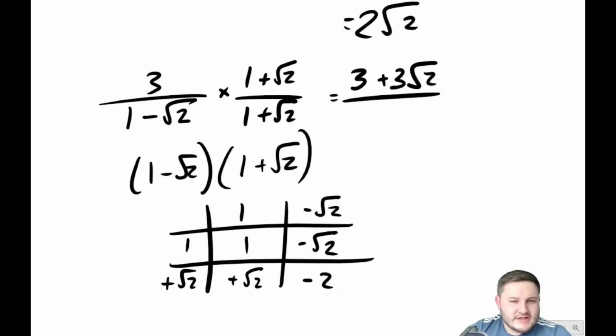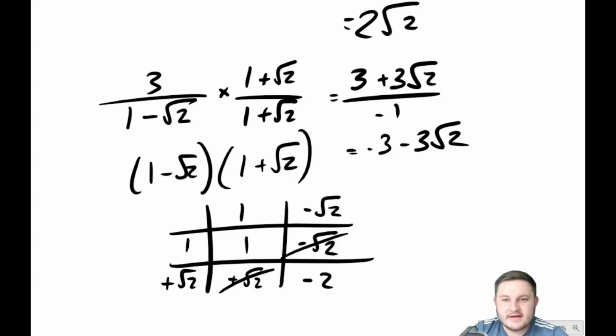And you might notice something interesting happens. You know you're doing it right because you should end up with a whole number. That's the whole point of doing this. In actual fact, these square roots are going to cancel, right? Because plus root 2 and take away root 2, that's just 0. So what you're left with is 1 take away 2, which is minus 1. And technically, if you divide it by minus 1, everything turns negative, so this would be the correct simplified final